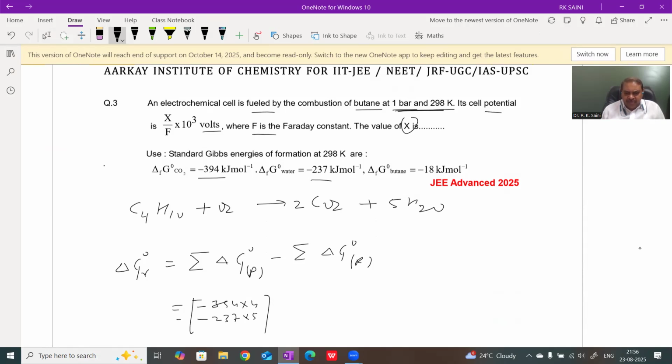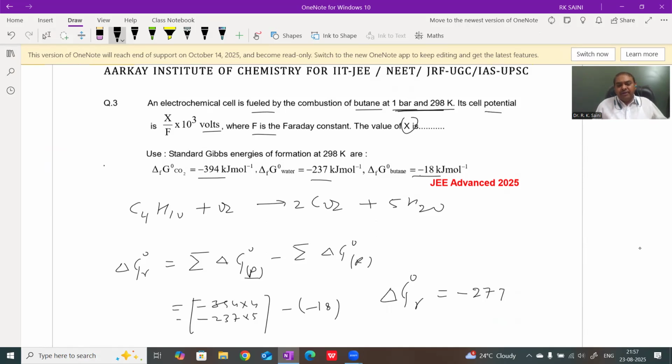These are the values of the products minus the value of the reactant. The reactant is n-butane, and its standard free energy is given as minus 18 kilojoule. Therefore, the standard free energy change of the reaction is minus 2774, and hence